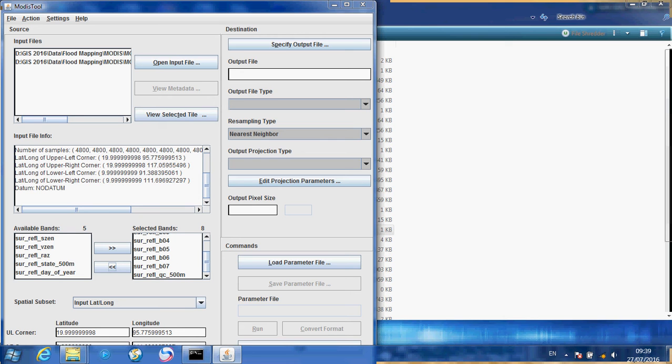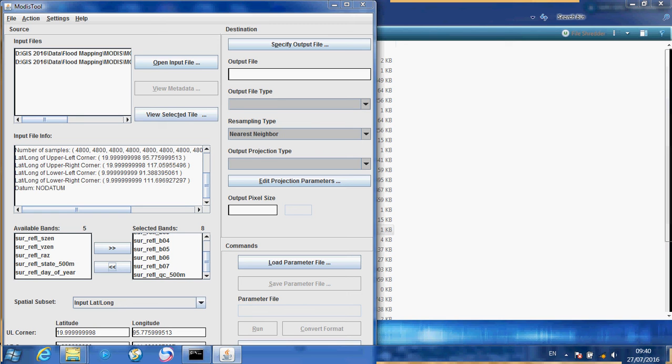Is the selected band used for the calculation? No, the selected band we are not using for the calculation. The rest is in the available band. So the selected band here will be extracted. Band 1 to 7 and QC. You should keep your 8 files here. The 5 files we are not going to use. Because otherwise you will get very confused when all this is extracted into a single folder.